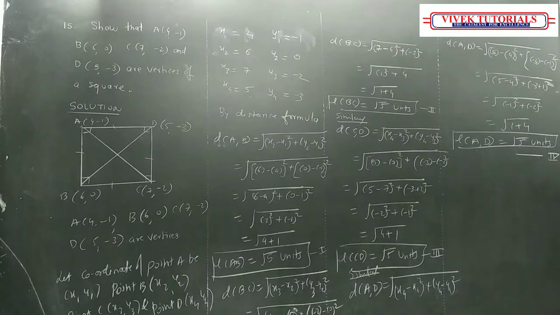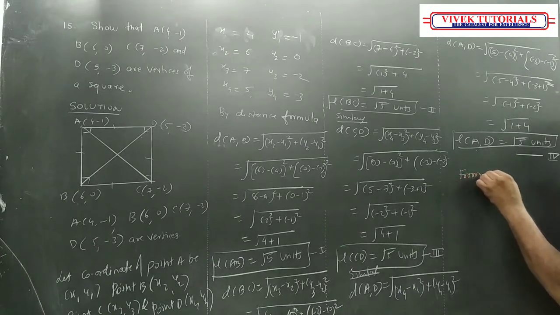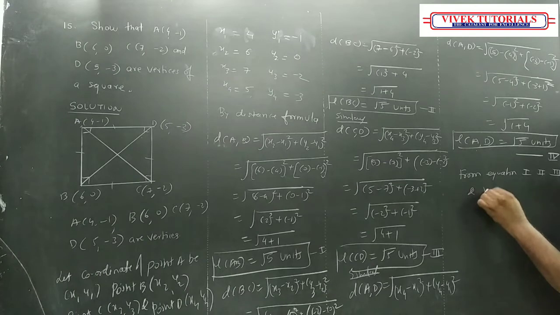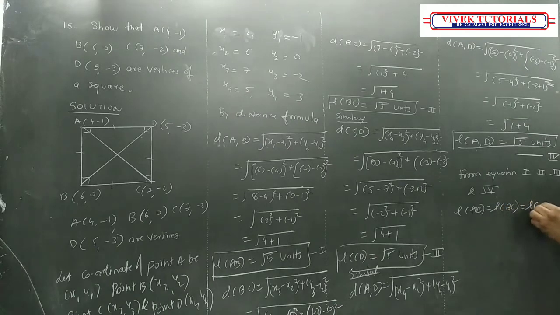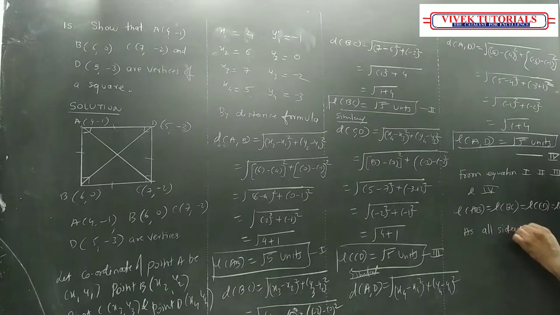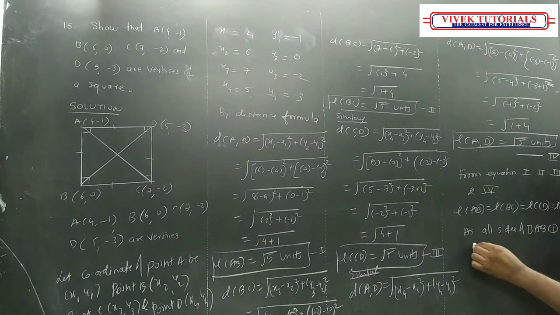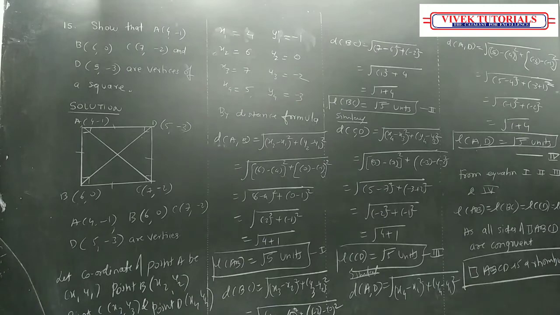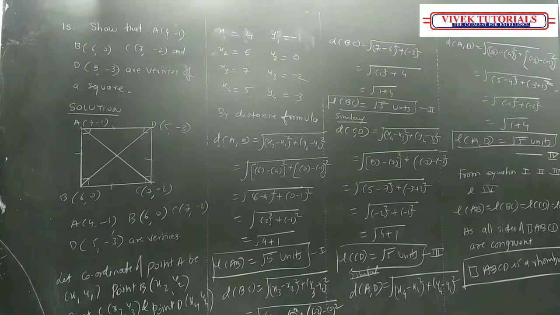So what I can write is, from equation 1, 2, 3 and 4, length AB is equal to length BC is equal to length CD is equal to length AD, as all the sides of quadrilateral ABCD are congruent. Quadrilateral ABCD is a rhombus. You people have to prove first that this is a rhombus. Okay? Now, in rhombus